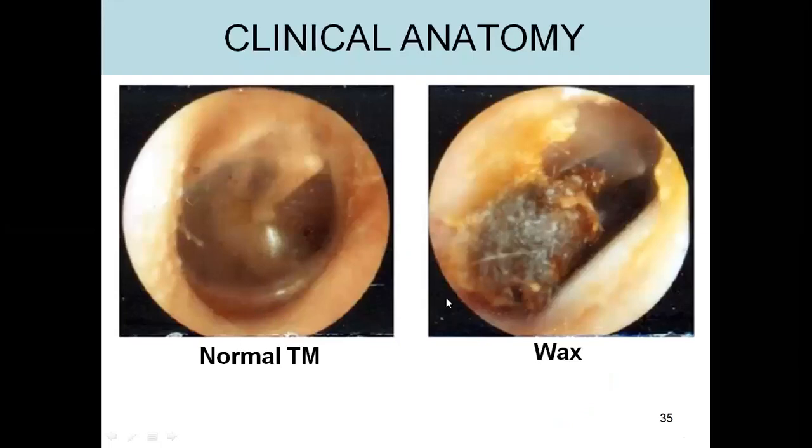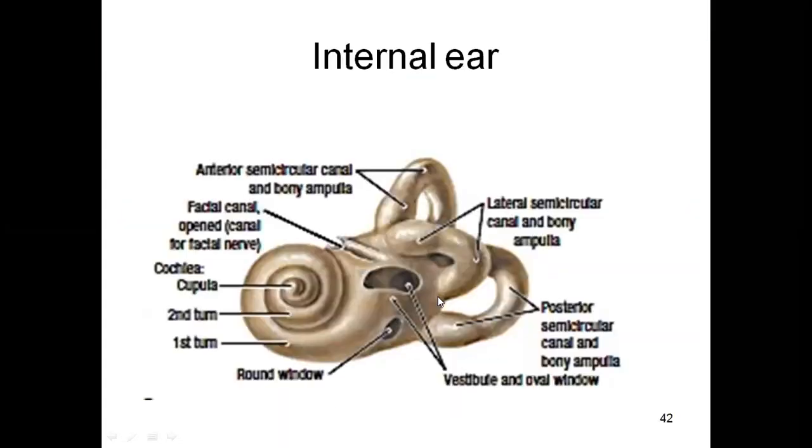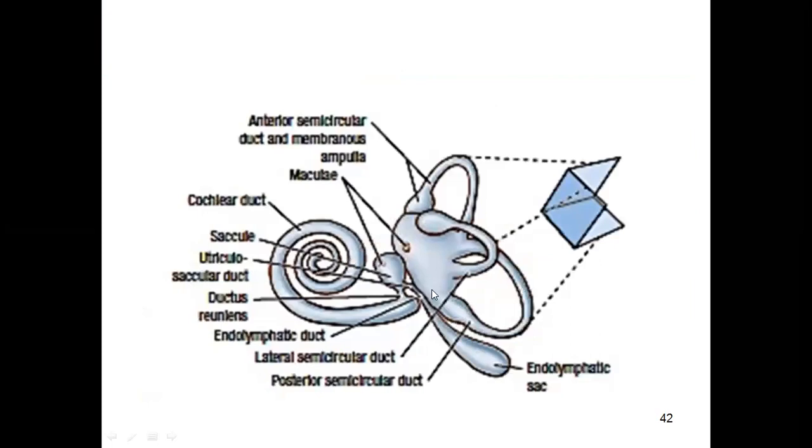This tympanic membrane picture I have already shown. Now coming to the internal ear. I said in the internal ear we have a bony shell, that is the bony cochlea and the bony labyrinth. If you break this bony shell, we have the membranous labyrinth. Inside the membranous labyrinth, these 2.5 turns are for the cochlea, and these are the semicircular canals. We have anterior, posterior and lateral semicircular canals, and the places where they bulge are the ampullae of the semicircular canals.